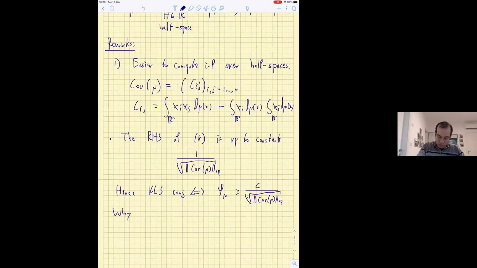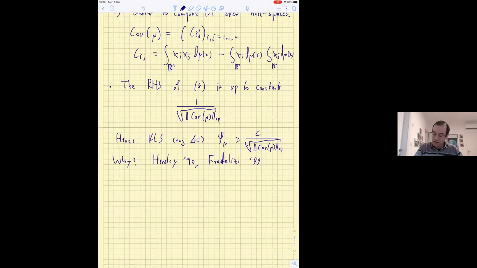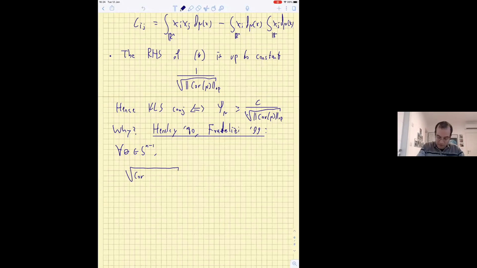This is a result of Hensley from '80, in the convex symmetric set case, and in the general case from '99. What they proved is that for any unit vector theta, where S^{n-1} is the unit sphere, all unit vectors, if I look at the square root of the covariance matrix of mu in direction theta, and I multiply it by the supremum of the boundary measure of half spaces orthogonal to theta,